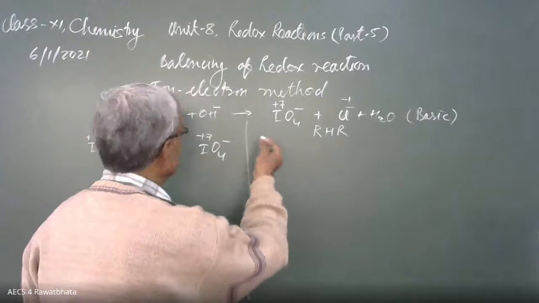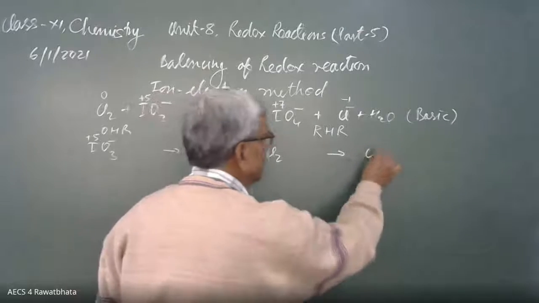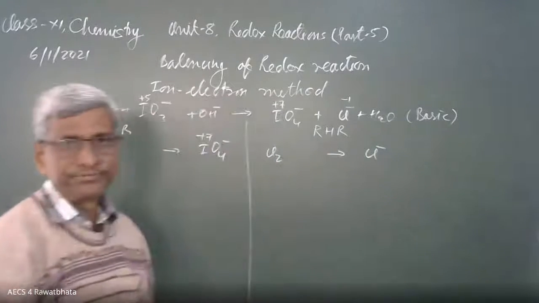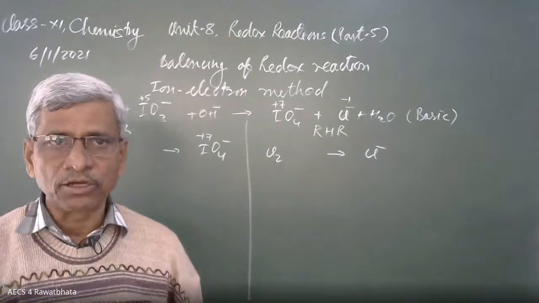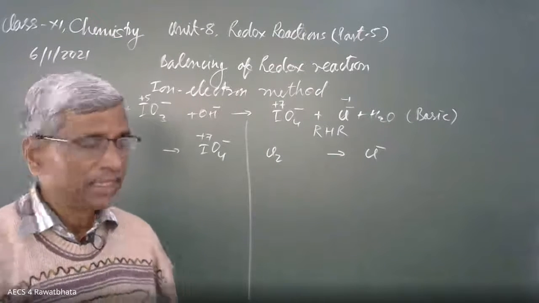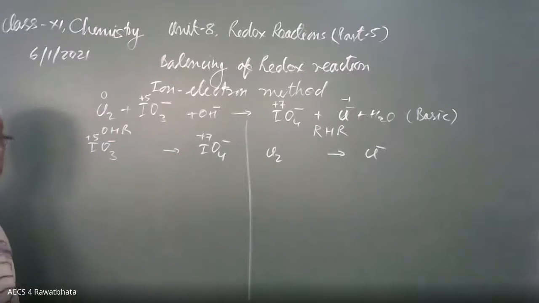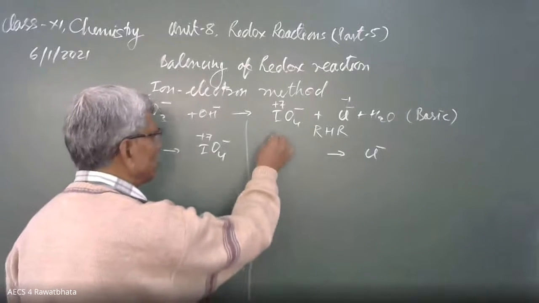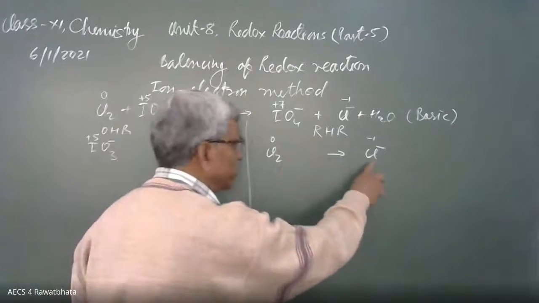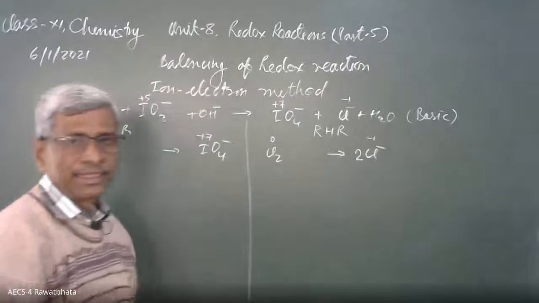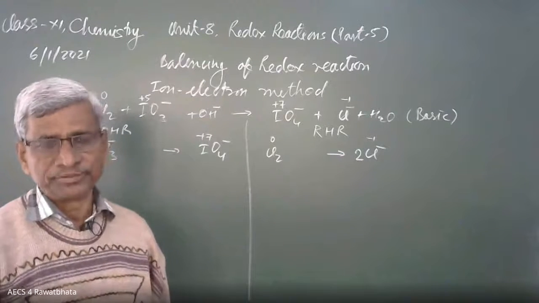And this side, Cl2 going to change into Cl minus, reduction half reaction. At the same time, the element which is going to oxidize or reduce, we have to balance. Here iodine is going to oxidize, 1 I, here is also 1 I, it is balanced. Here Cl is going to reduce from 0 to -1, Cl this side 2, this side 1, we can make it 2. This is the balancing of the atom while dividing oxidation and reduction.